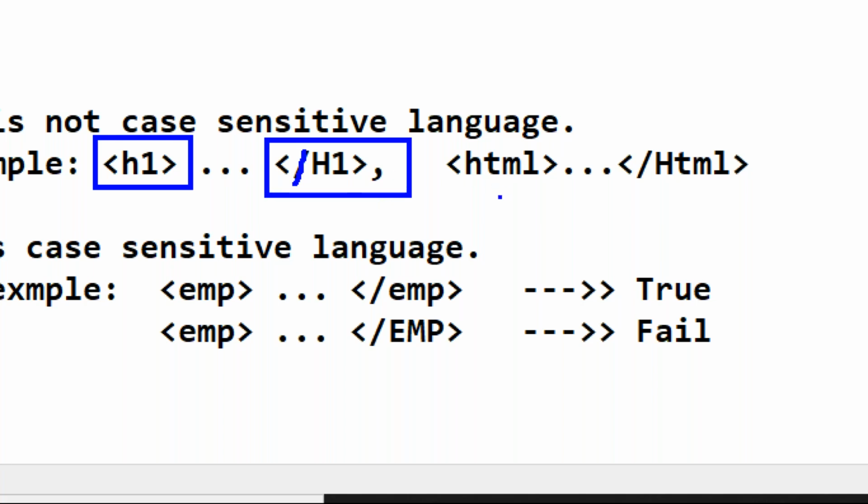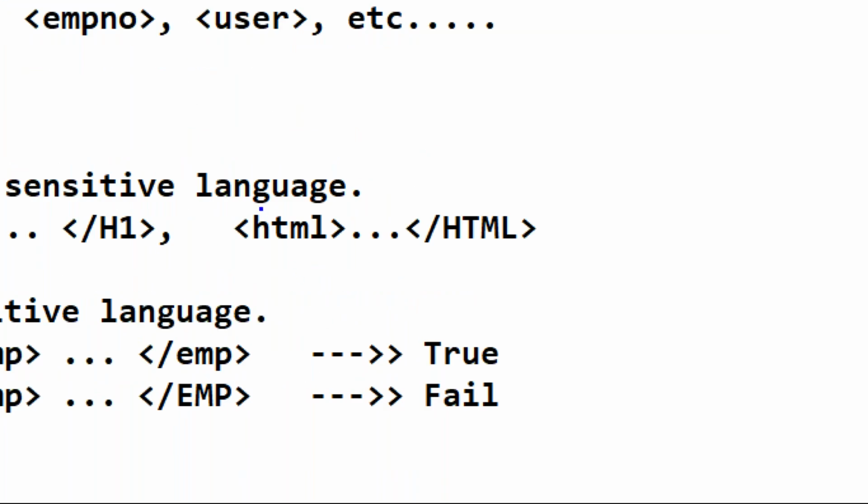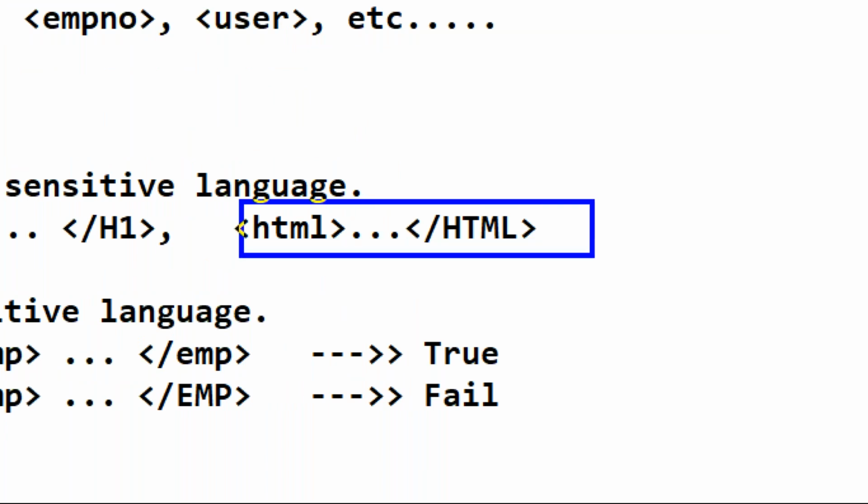And here small HTML, here capital H and TML, and you can even write everything in capitals. Understand? You open this one and close this one. Every open tag requires a close tag.